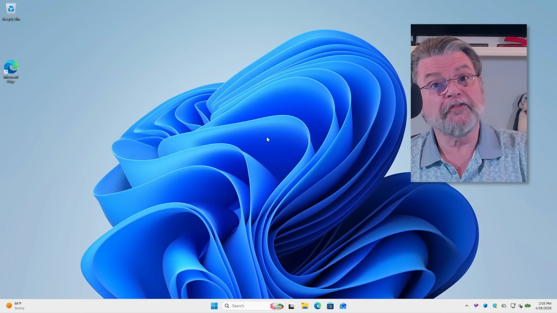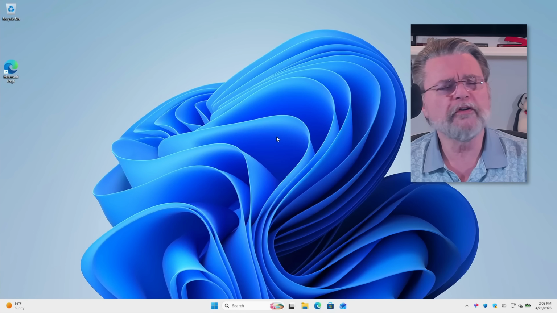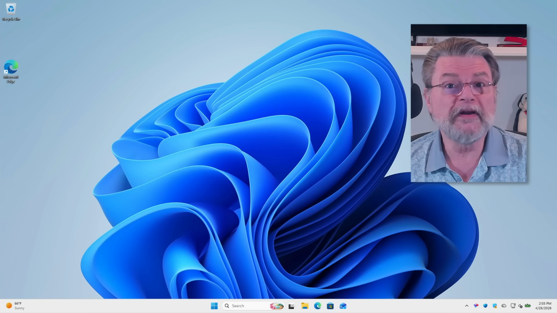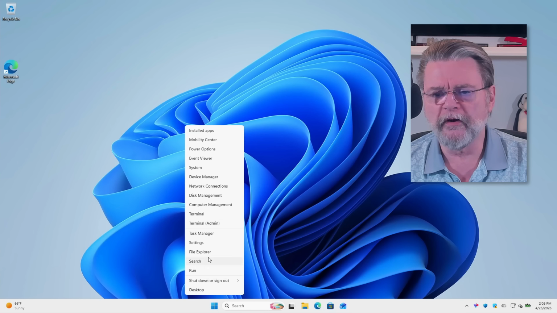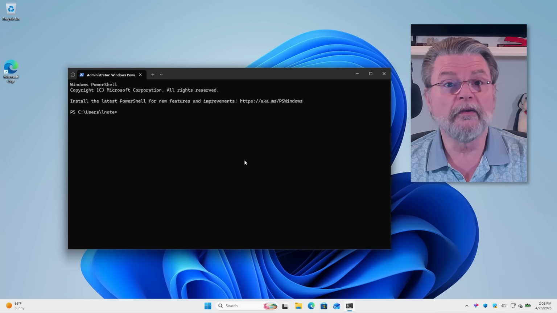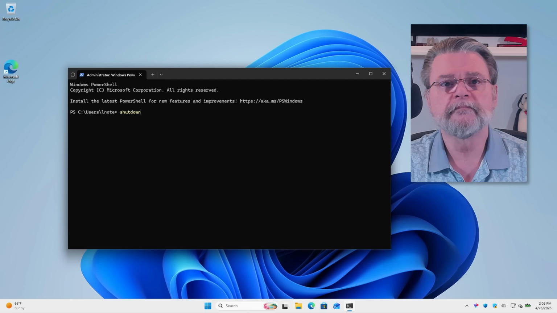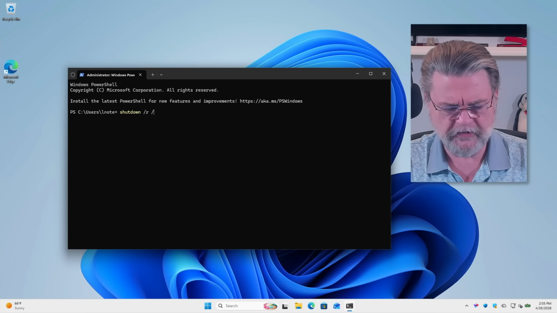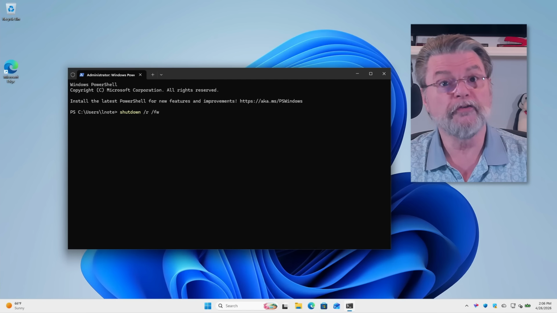Now, there is another way in Windows. This one doesn't work on all computers, but as it turns out, it's a really, really handy approach when it does. In an administrative command prompt or PowerShell, so you'll notice I'm running terminal admin, we type the following command: shutdown space /r for reboot, /fw for firmware. In other words, reboot into the firmware,